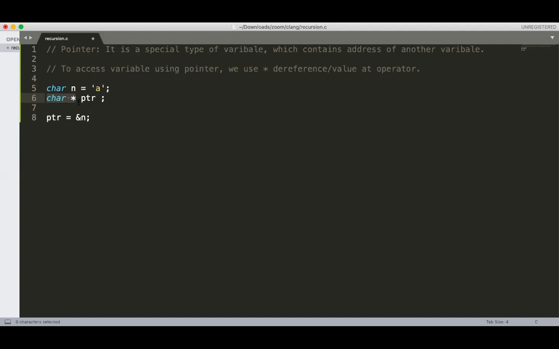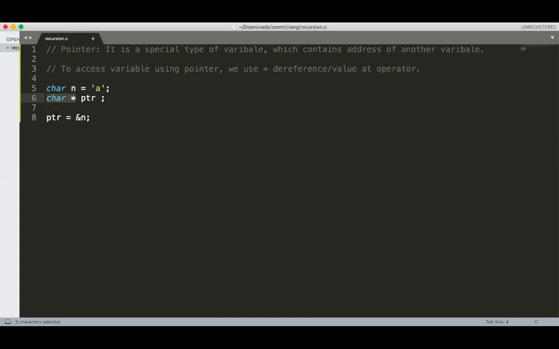The char star represents what type of variable PTR is pointing to. It doesn't decide the size of the pointer. We already discussed that the size of a pointer is always fixed, whether it is an integer pointer, character pointer, float pointer or double pointer. The size is always 4 bytes with a 32-bit compiler.